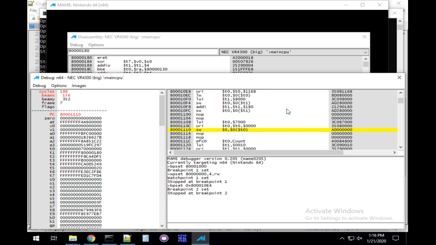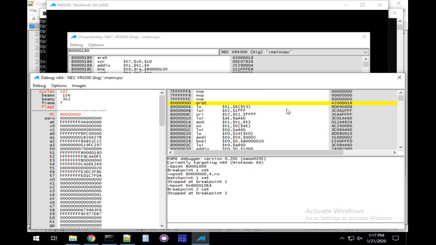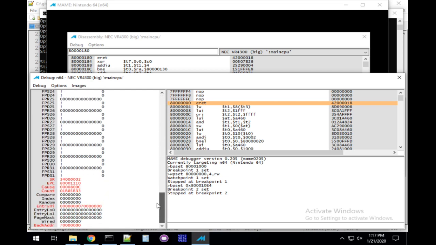All right, so right now we're gonna store a 0 into this invalid memory address. I'm gonna hit F10 to step, and there we are. We hit our 8000 address. We've got our e-return instruction, and so this is going to return immediately. But what I want to point out, and this is way down at the bottom here, is we have the